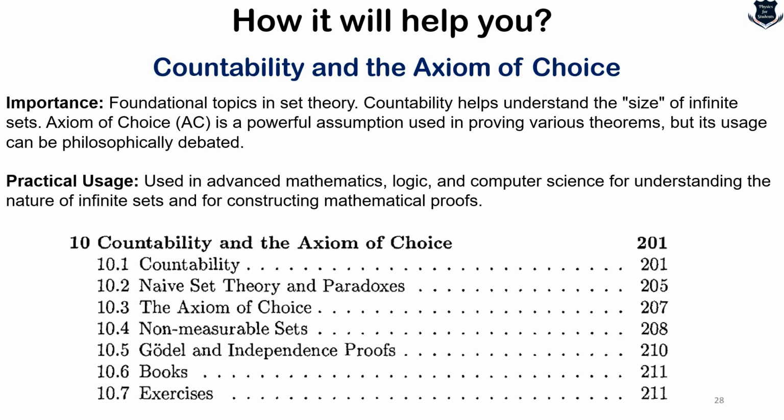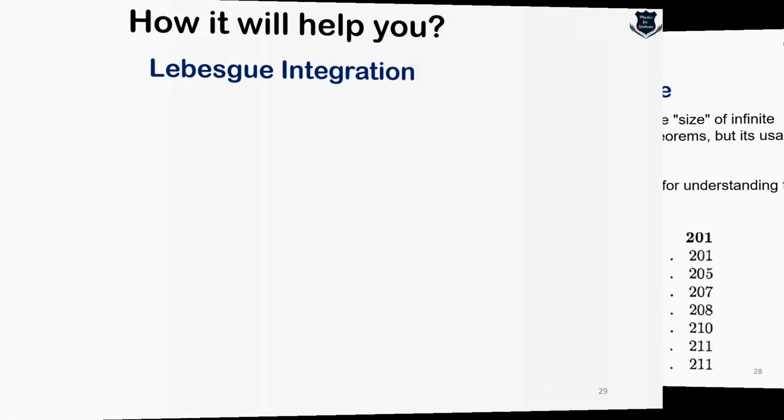And these are the topics. You can just see pages 201 to 211. Do you think probability can be taught in those 9 pages? Absolutely not. So that is why I'm repeating that this would give you an idea of the choice of topics that you will either take or drop. So this is one.